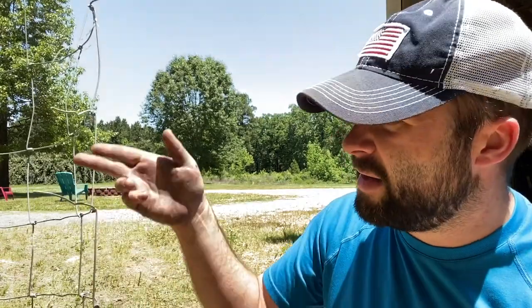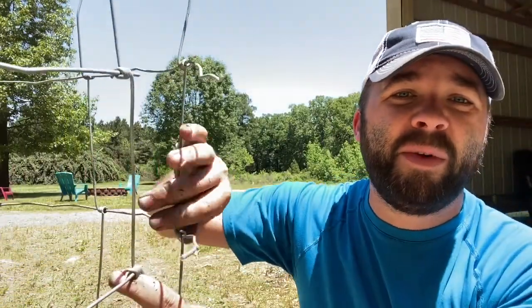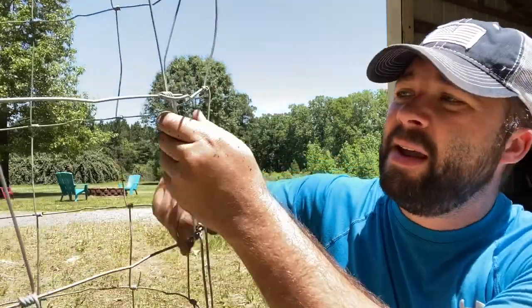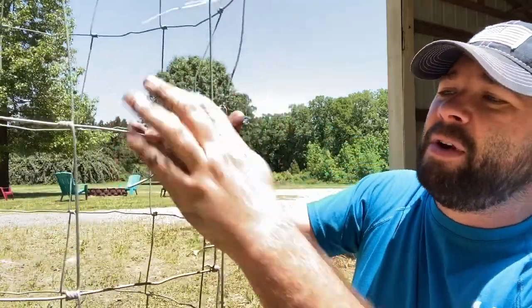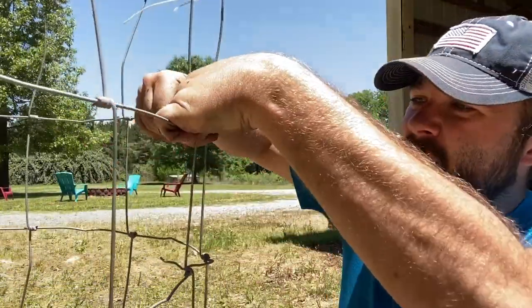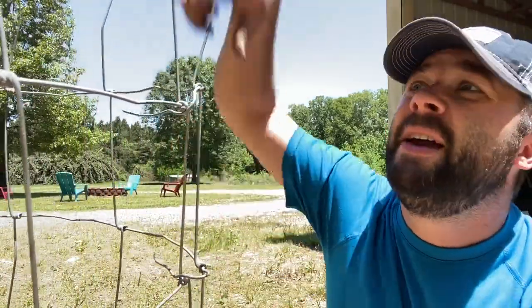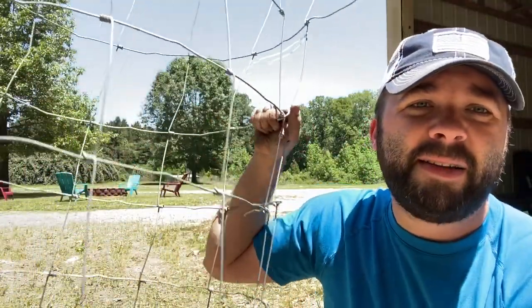one side solid like this, and the other side cut the ends. All right, where it cut the splice, cut it at the splice. That way you have a tag end of wire. And all you got to do, get it over where you can see it, pull it together, and then just wrap it in. And then what I do to keep it from sinking or going up is I wrap it alternating like this. So I've got one tag end that went below and one tag end that went above, and they do that for the entire strand, and you've got you a nice size basket cage to go around tomatoes, fruit trees like